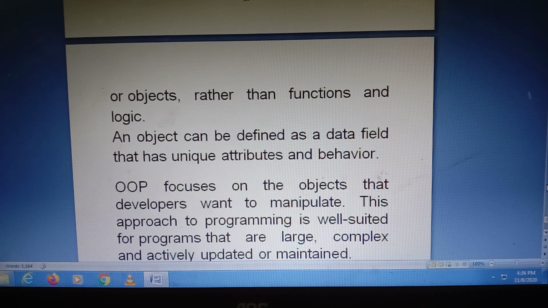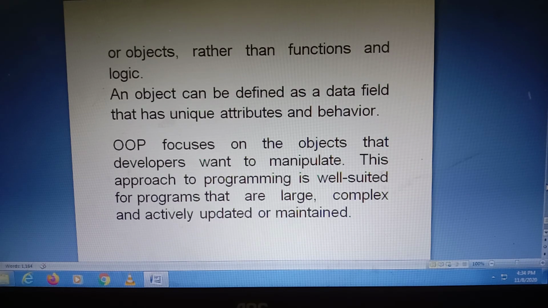An object is a data field containing some values, has some properties, and has some behavior. OOPS focuses on the objects that developers want to manipulate. This approach to programming is well suited for programs that are large, complex, and actively updated or maintained.